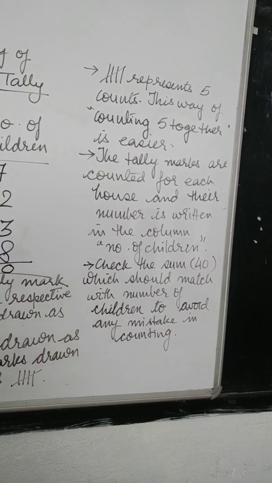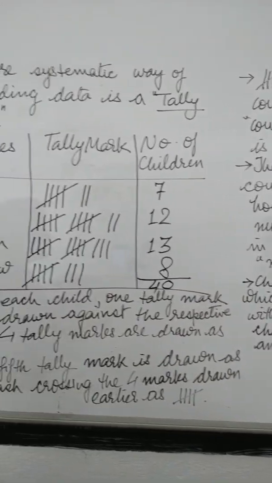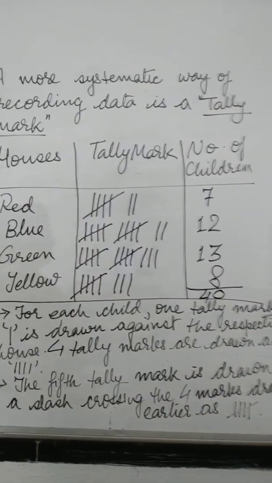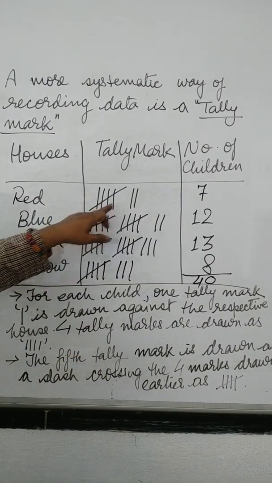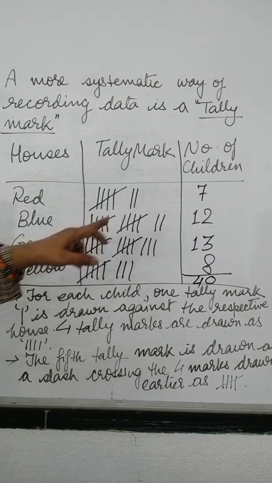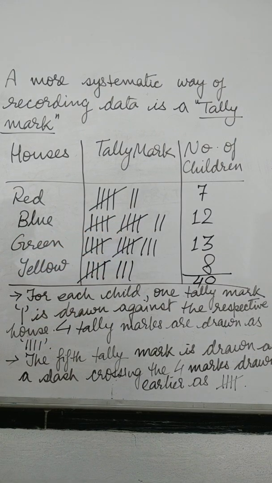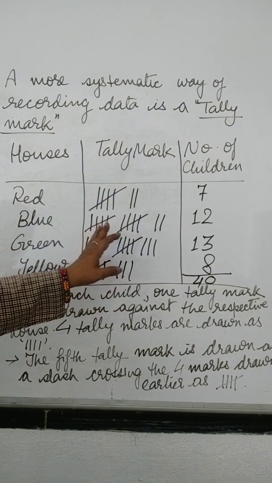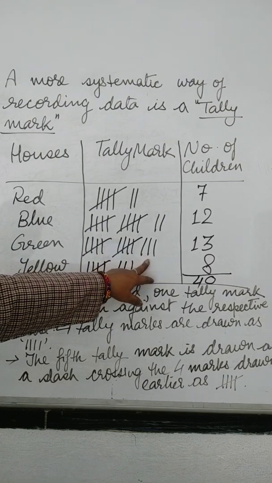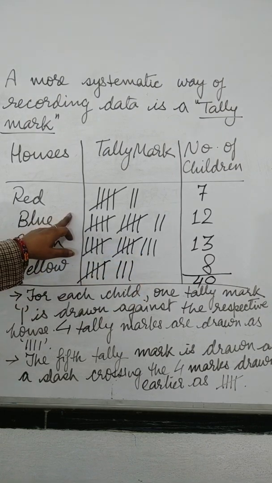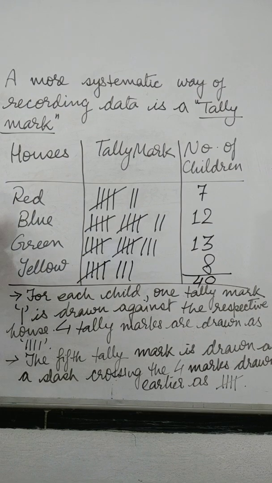And what this tally mark tells us, the number of children in each house, we can easily see from this tally mark. See here, number of students in each house. Red, we can see here, 5 plus 2, 7; blue, 5 plus 5, 10 plus 2, 12. So number of children in each house can be visible, and the maximum number of children are in green house. We can make out with this number also that the maximum number is in green house, followed by blue. The minimum number of children belong to red house with 7. So these are the things which we get from tally marks.